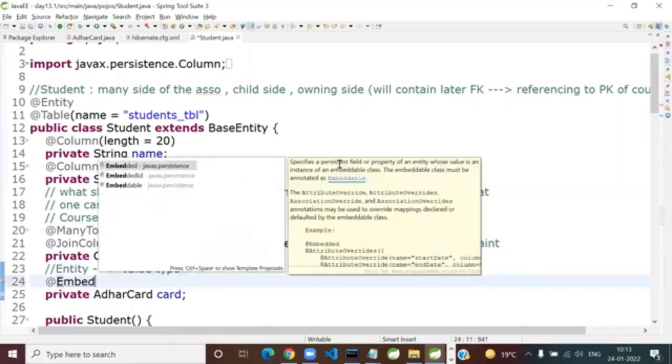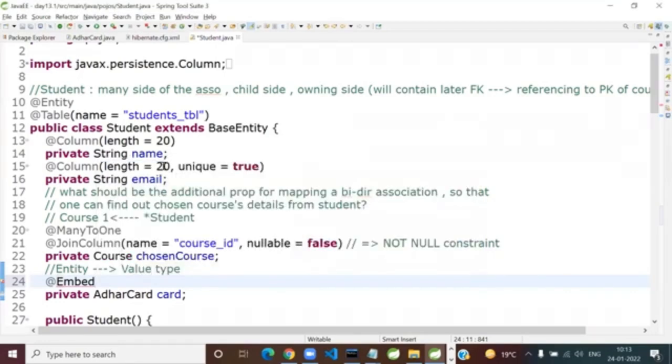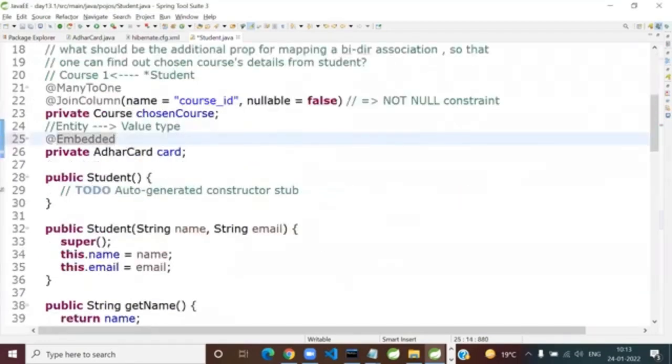So read this. Specifies a persistent field or a property of an entity whose value is an instance of the embeddable class. But the beauty is, is this optional or required? Optional, added only for understanding purpose, so that you get the whole link correctly. That which is embeddable?